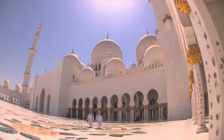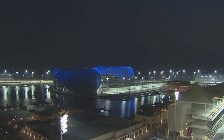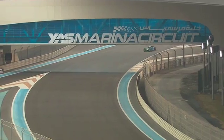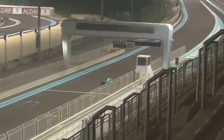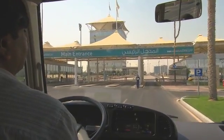In the Middle East, Abu Dhabi has become one of the world's most ultra-modern cities. In November of 2009, Abu Dhabi's Yas Marina Circuit made its successful debut on the Formula One stage. Leading into the 2010 Abu Dhabi Grand Prix, media and fans from around the world have come to Yas Marina